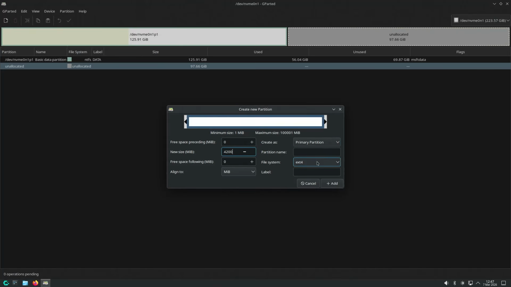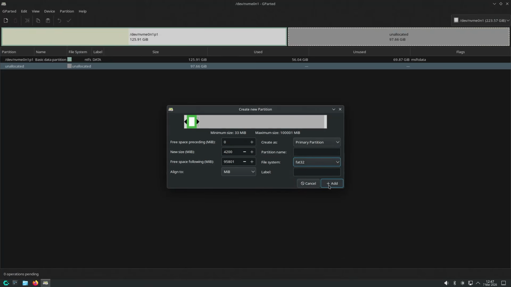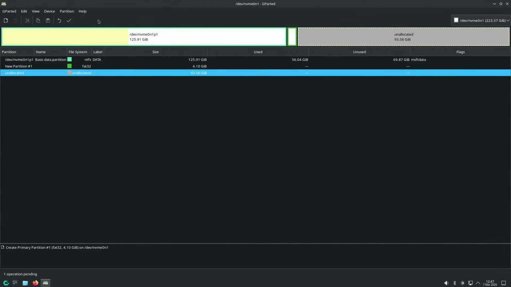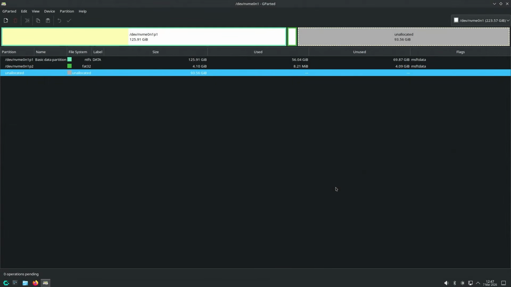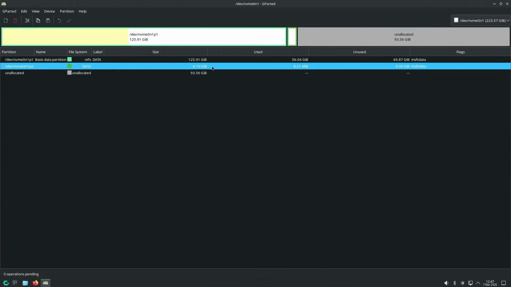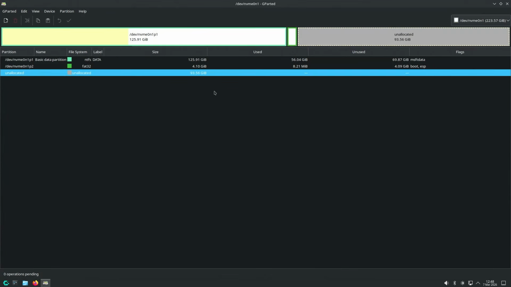Create as primary partition, and the file system will be FAT32, add. And I'm going to hit the check mark to apply, close, and then select the partition, and then right click on it, going to manage flags, and then setting the boot flag, which will automatically select the ESP flag. So this will ensure that the installer can find and use this partition. Close, and remaining is 93 gigabytes. And now I'm going to close GParted,